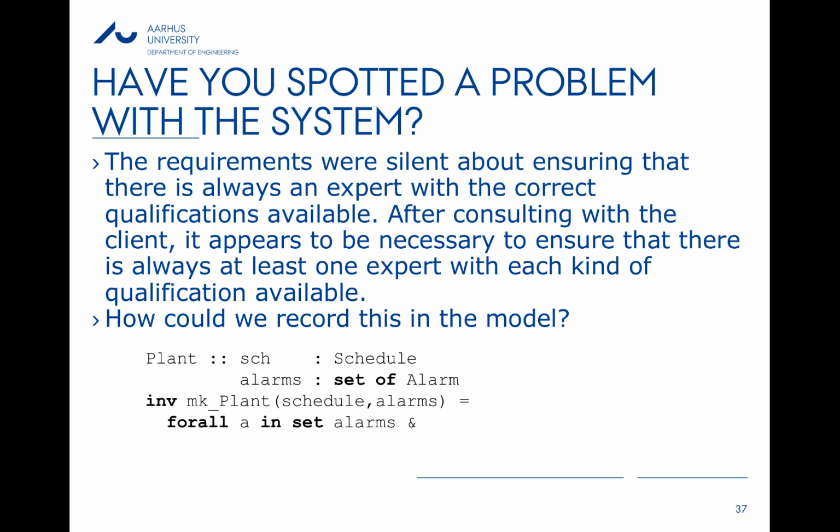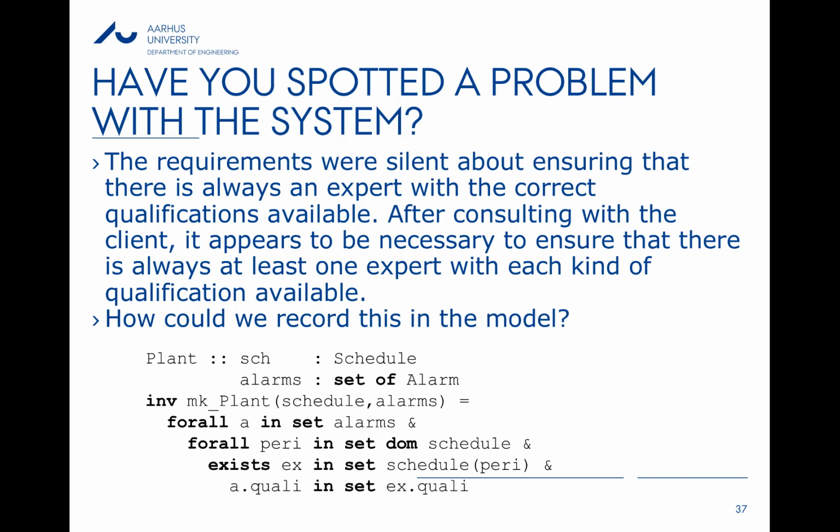Then for all the alarms, it needs to hold that for all the periods in the domain of the schedule, there needs to exist an expert who is on duty in this period, such that the alarm qualifications are covered by the expert. So this is precisely the property that is essential and needs to hold at all points of time. And particularly if you wanted to allow people to shift from one to another, this is an invariant that needs